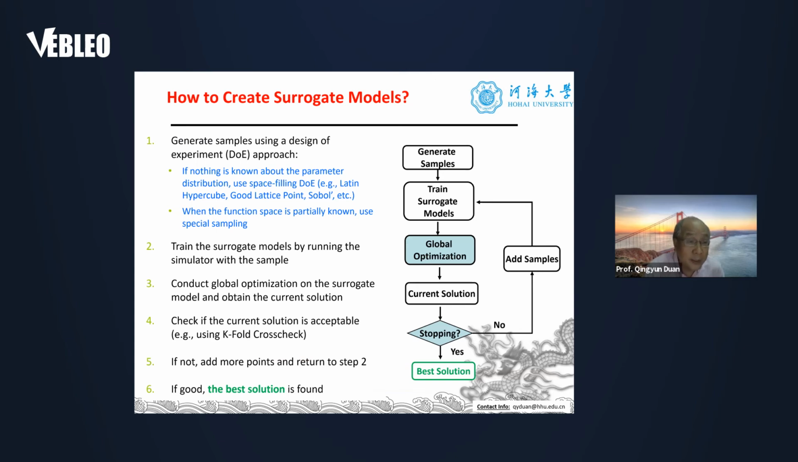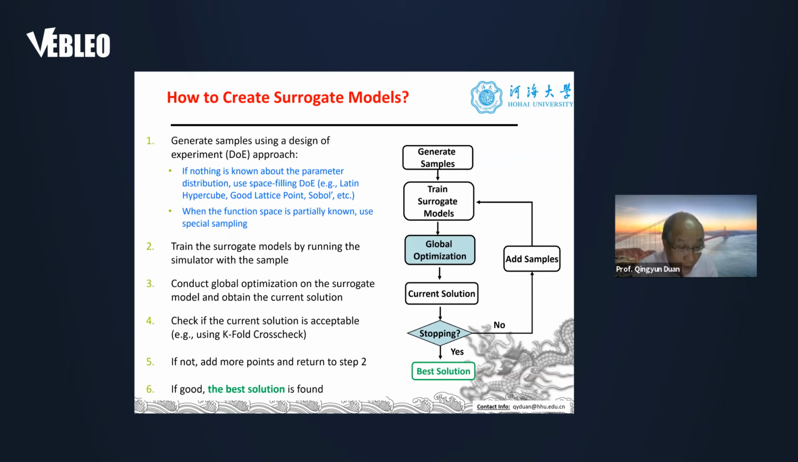So the process is like this. You generate the sample using a design of experiment approach, a DOE approach. If you don't have any information on the response surface or on the parameter distribution, then you use a uniform sampling, like Latin hypercube, or use good lattice points, Sobol sampling, etc. If you know the distribution of the parameters, then you can use some kind of spatial sampling. Once you have the sample, you run your model through those samples,